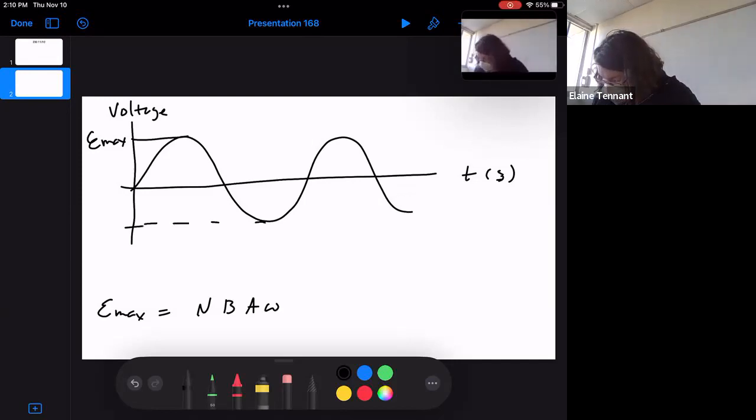And this curve will go from the maximum voltage to the negative maximum voltage. Okay. And one of the things I'd like to point out here is that this is an alternating current generator,